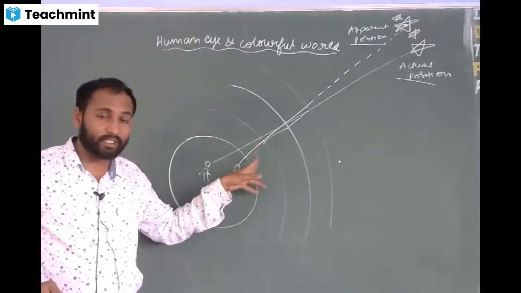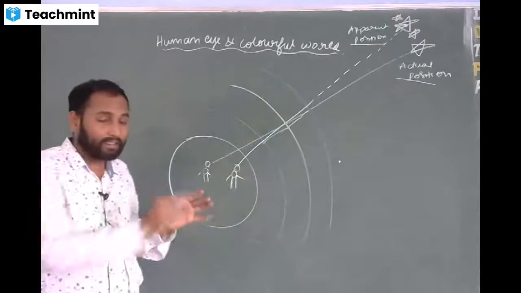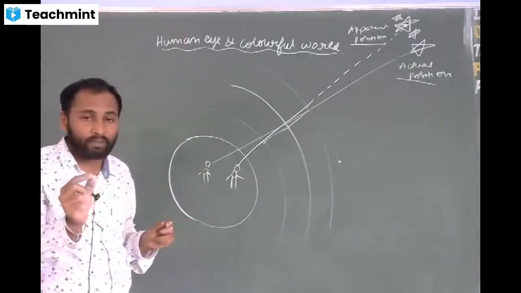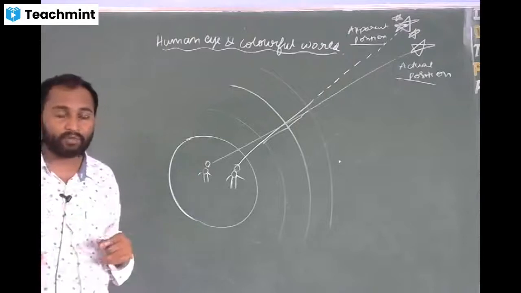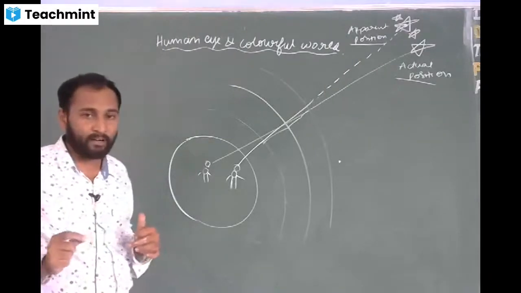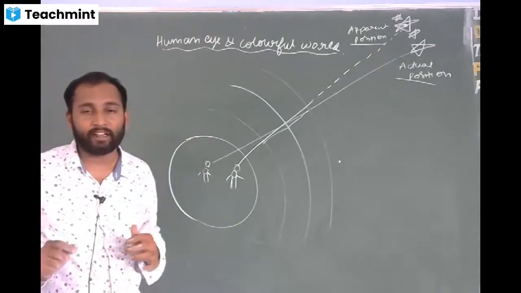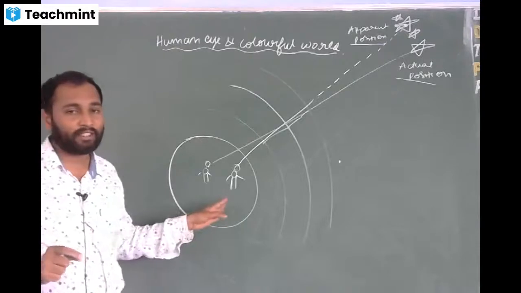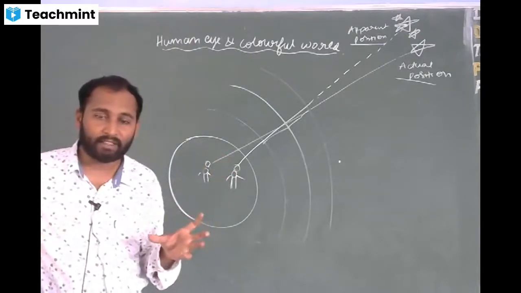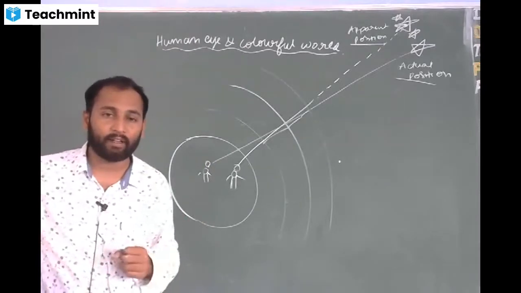As it keeps on changing, the apparent position of the star also keeps on changing, so we will see that as a flickering movement. As it is flickering, sometimes we see the star bright, sometimes fainter. This is what we call the twinkling of a star. Because of this flickering, sometimes the star appears brighter, sometimes fainter, and that causes the twinkling effect. Understood?